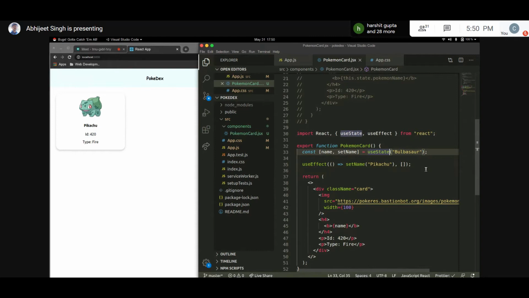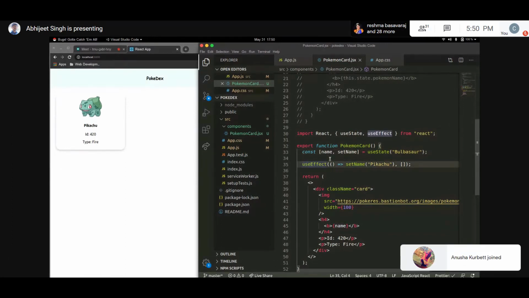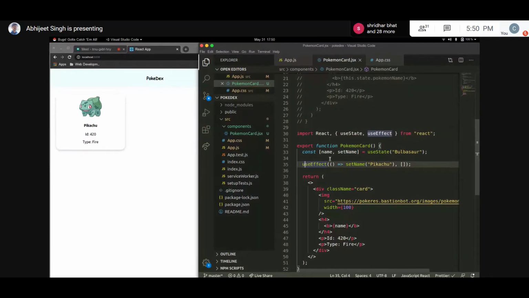So let's see what happened here. We took the state and we initialized it to Bulbasaur as the name. That was the real value of the name variable. What the useEffect function does is, whenever there's a change in state, it acts like all of the lifecycle methods combined. In class components, you have functions like componentDidUpdate, componentDidMount, componentWillUnmount, many different things. Inside a functional component, you just have one thing, useEffect. So whenever a state changes, it changes the application. When you set the name to this, the state of the same variable changed and the application reloaded.